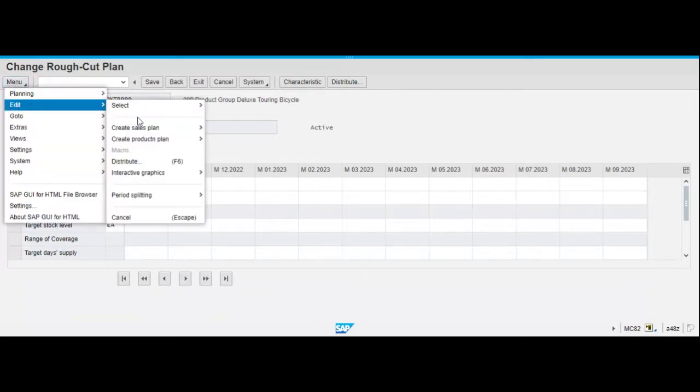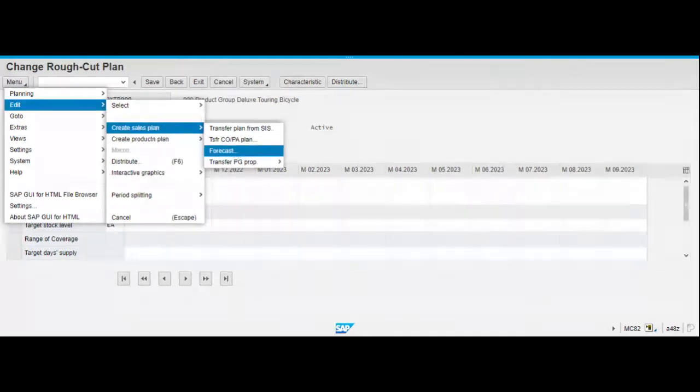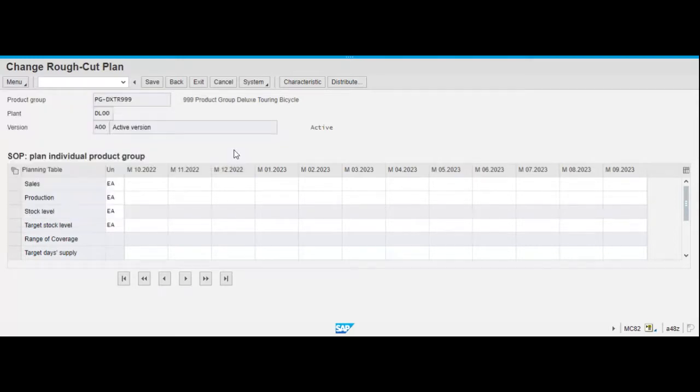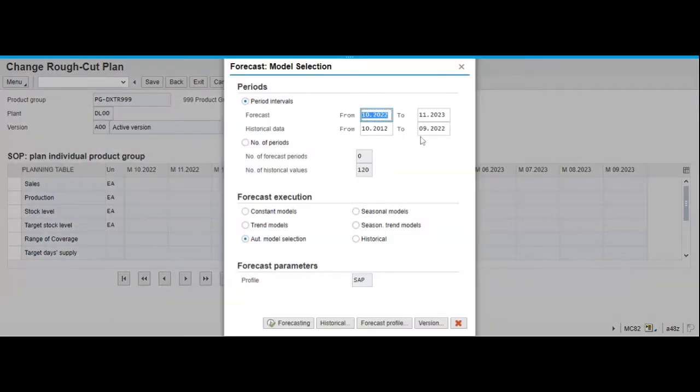Menu, edit, create sales plan, forecast. Is anyone with me or am I alone? Okay, so once you press forecast, remember this is our forecast model, the data which we entered